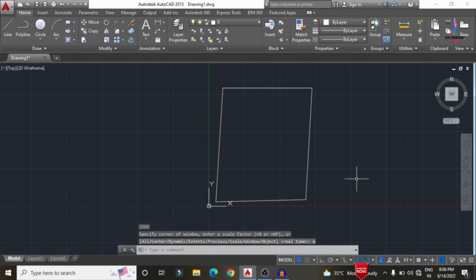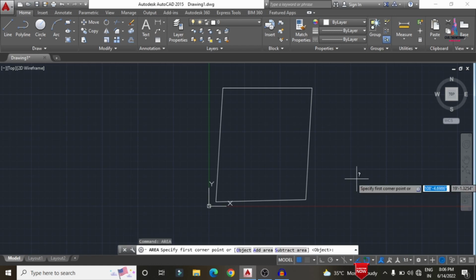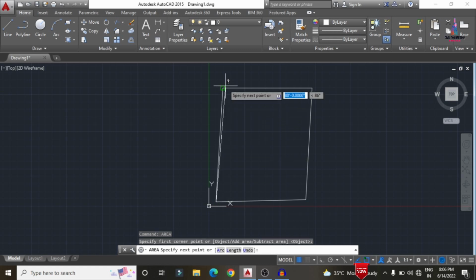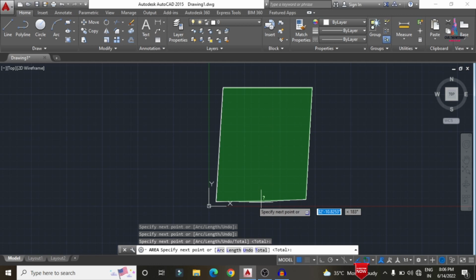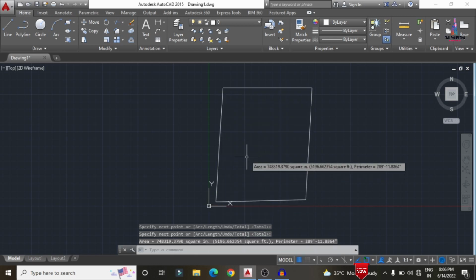Okay, again we have to measure the area for this irregular shape. Just I am selecting the area command. Let us select the starting point, select the second point, select the third point. Just I am selecting the fourth point. Again I am selecting the last point. Click on the enter option. Now we can see again it measured the area here like this, which is related to the